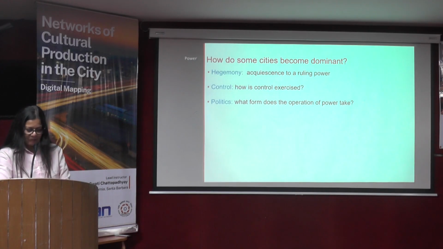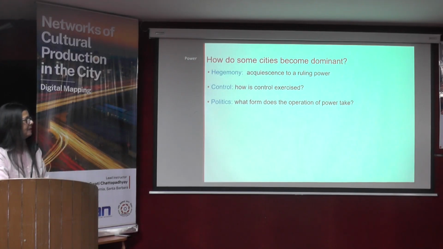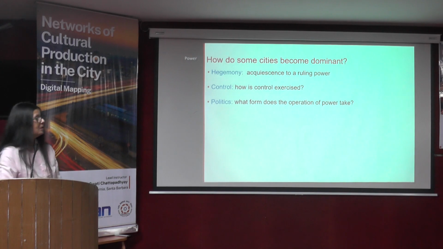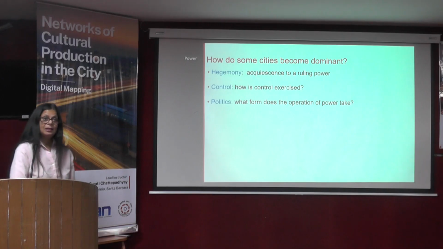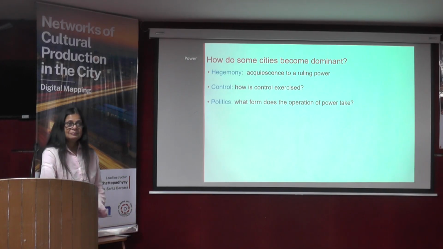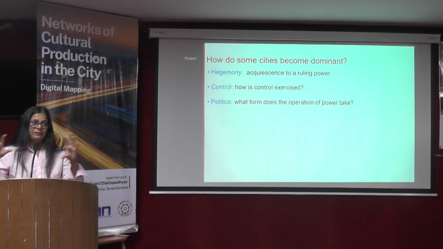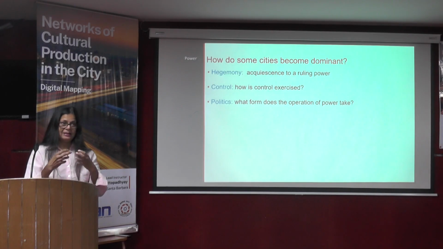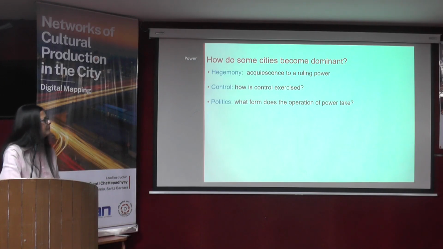So while we're thinking about why and how cities come into existence, another question is, since we looked at Manchester and Chicago, and we're going to look at many big cities, how do they become dominant? The answer is not obvious. A lot of effort, a lot of parts have to fall together. A lot of things have to be assembled to ensure that the city gains dominance. In other words, it's a political process.